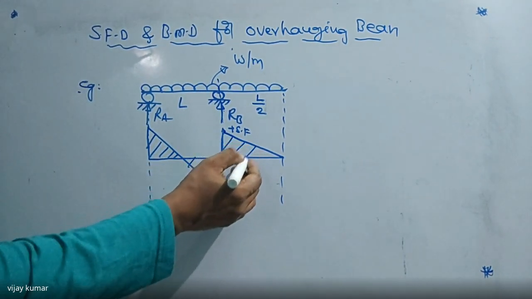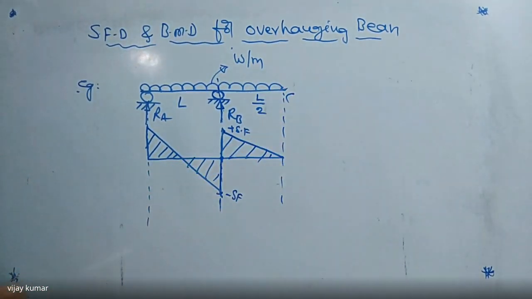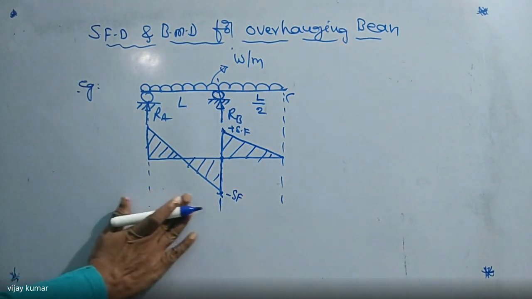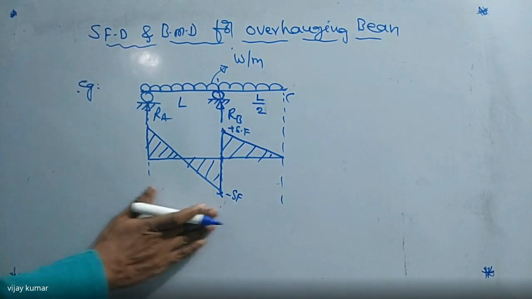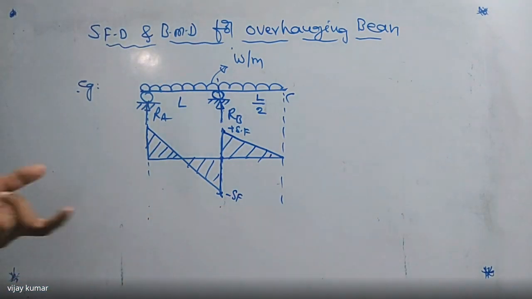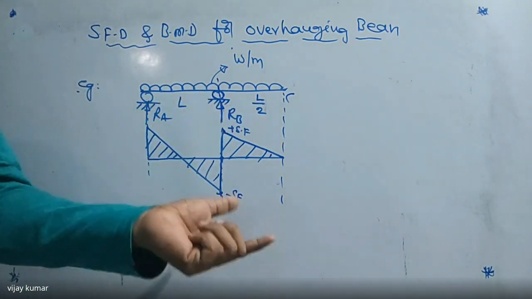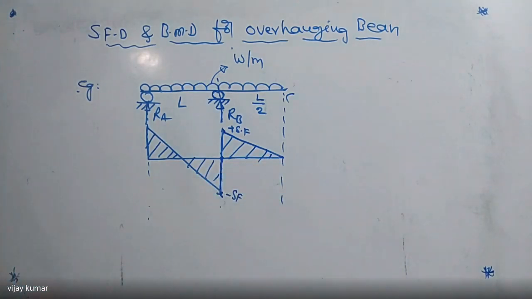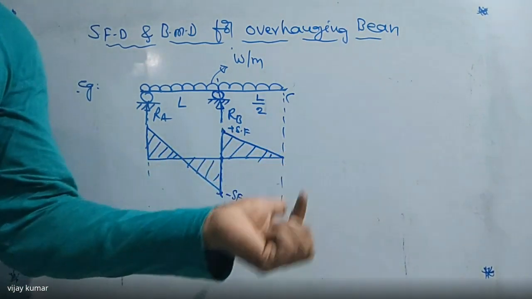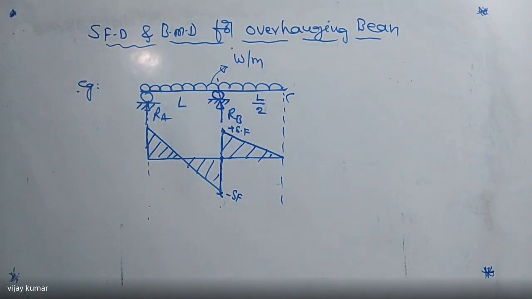So this is between B and C now. Did you get my point or not? So this is the way of drawing the shear force diagram for this case. If you want to find the values, we can take the equilibrium conditions, sigma y is equal to 0 and moment about any point is 0, and find RA and RB, and find the shear force at A, B and C. Automatically we can draw it now.